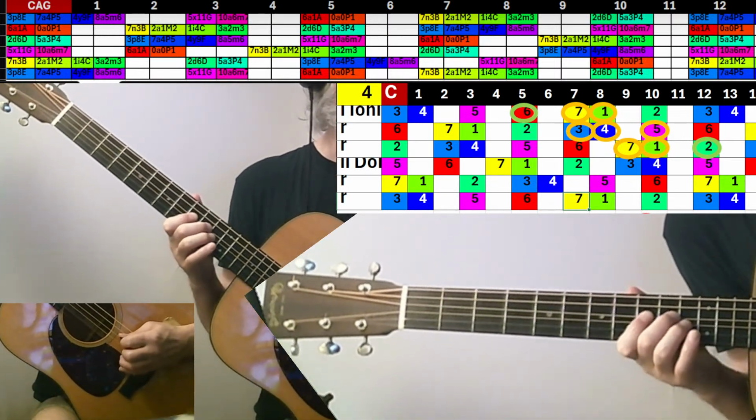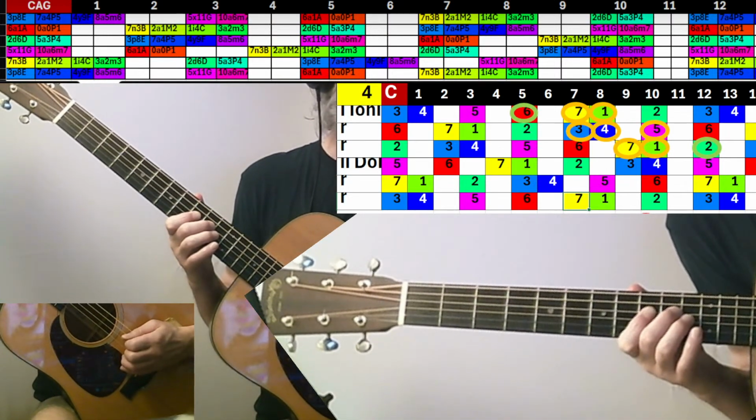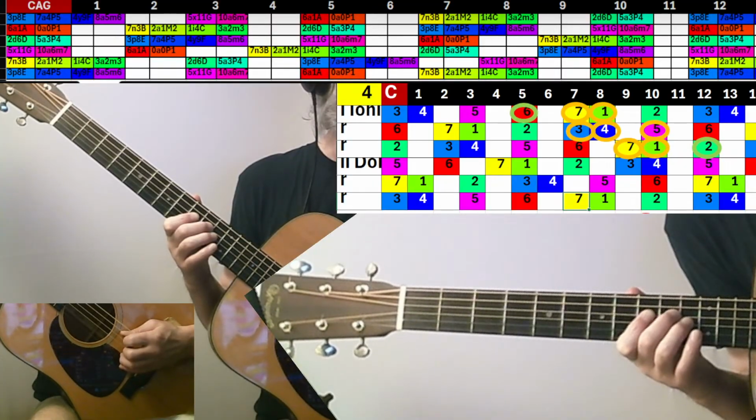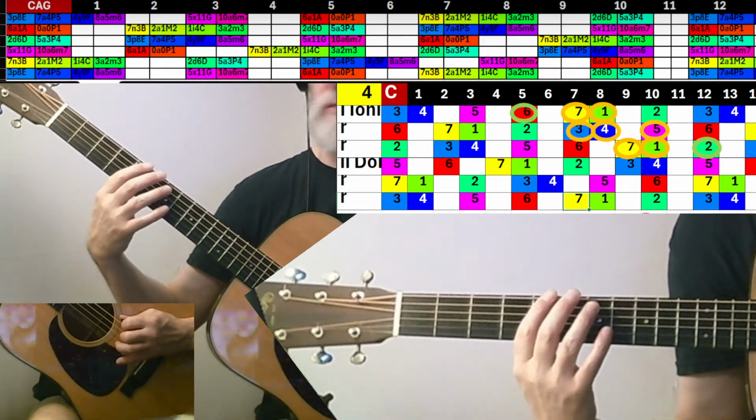So it's the same pattern. I'm just adding another. It's actually the same pattern. I'm just hitting the pinky note on there. It's the same moves.